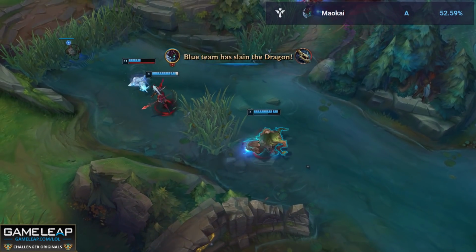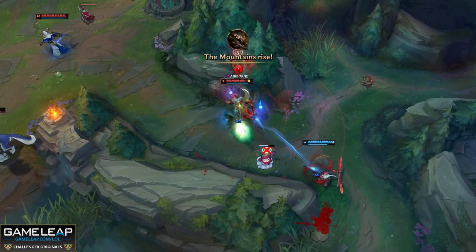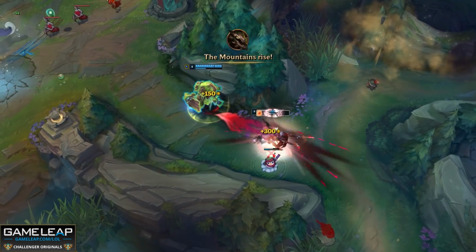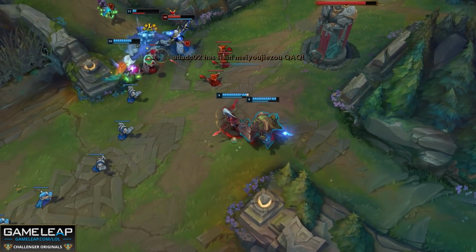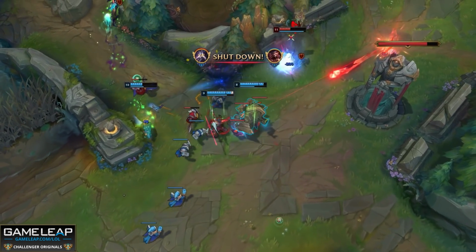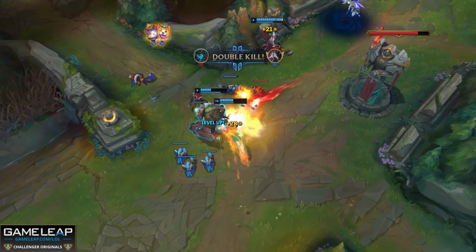Even though that's what you're going for, you still do want to take Flash and Ignite because it's very good on Maokai, as he does get a lot of opportunities to go in and potentially kill people in the early levels, especially if they're squishy champions that he's up against. You might not have as much luck trying to kill something like, I don't know, an Alistar compared to a